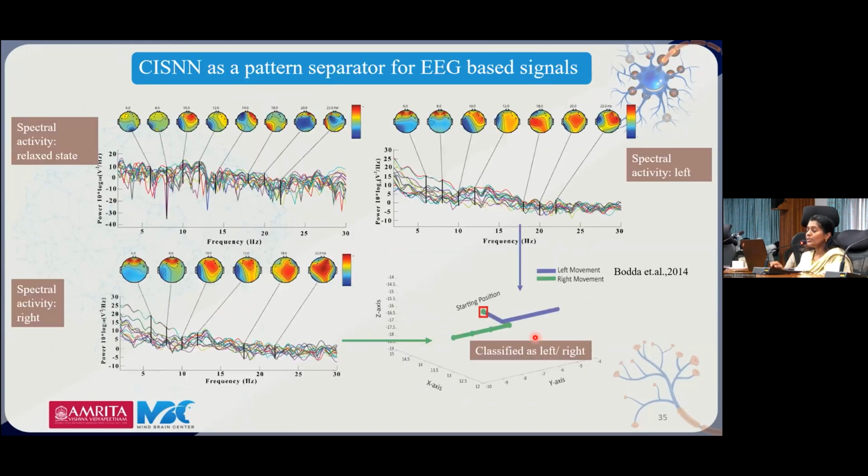Along with that, an initial phase was also done using EEG data, where we have EEG spectral activity data for the relaxed state, left movement as well as right movement. Based on the data, we could also come up with the left versus right classification. And beyond all these